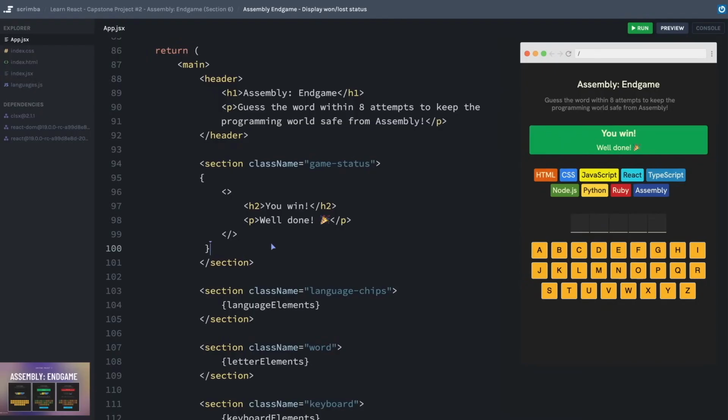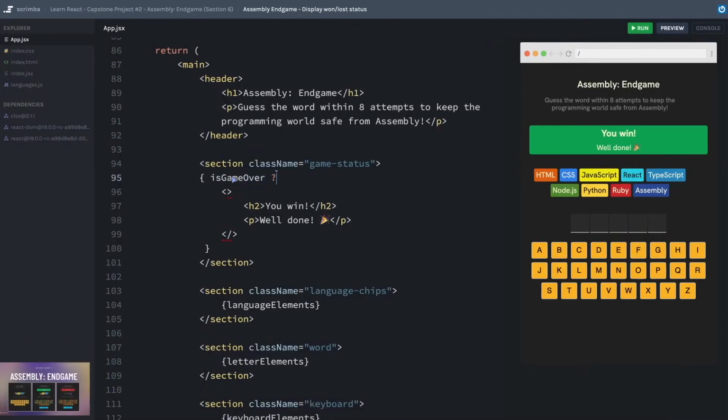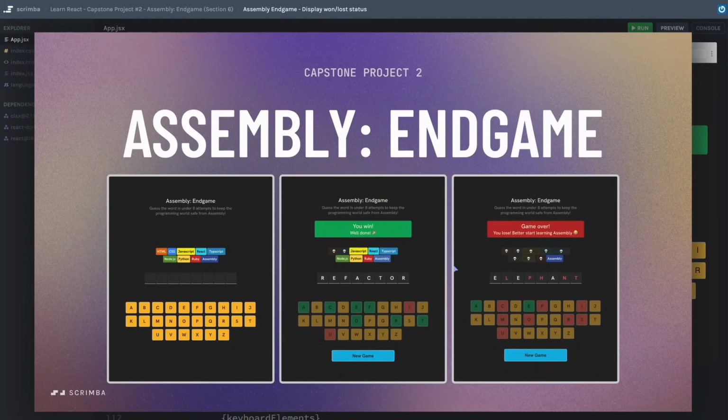On the top level, we can think of it as having two different states. One where the game is not yet over and we want to display either a blank space, or if we go into this design, the little farewell message while we're in the middle of playing the game when the user chooses a wrong letter. Or the other state is that the game is over, and then it kind of branches again from there. Either they've won or they've lost. Currently, we are only really dealing with this second scenario where the game is over, and we can use a ternary to help us determine on the top level which of those two major states, whether the game is over or the game is not yet over, is true.